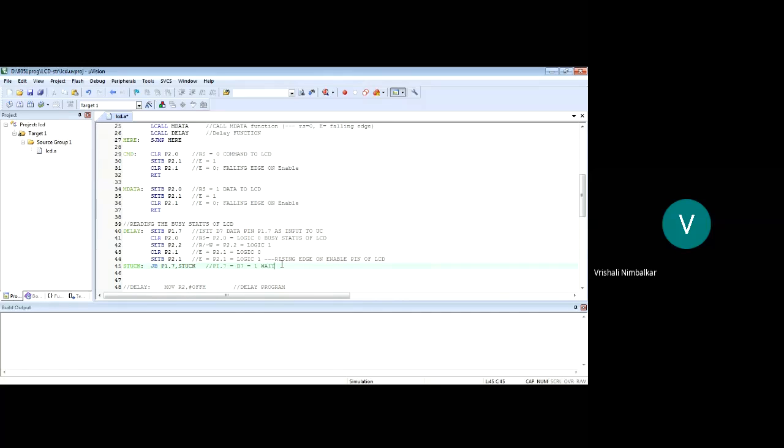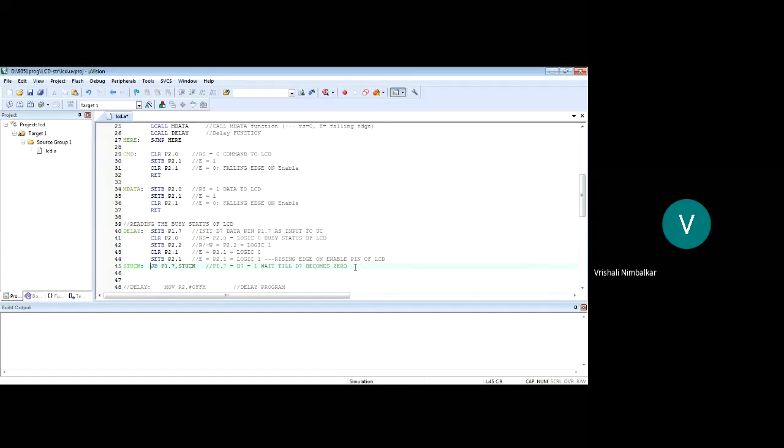Wait till D7th bit becomes 0. So I have to keep on waiting here. Till the time it is 1, remain there and continuously keep on checking. Is it 1 still? Is it 1 still?